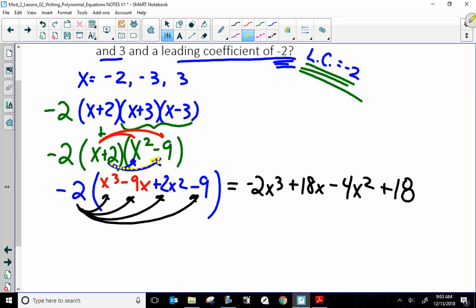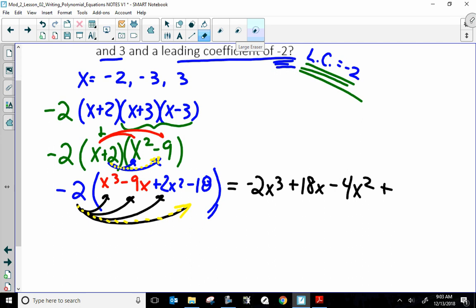times -9. It's not -9. It's a -18. Woo-hoo-hoo, look at me go. Which means -2 times -18 is positive 36. There you go. Now, the last thing I want to do is I'm going to write this in standard